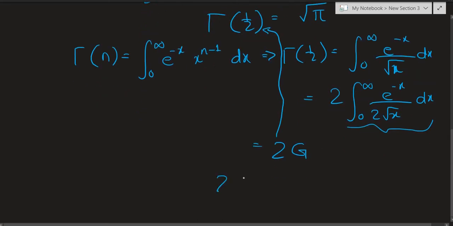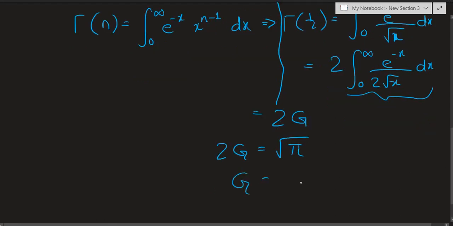we finally obtain that 2 times the Gaussian integral is nothing but square root of pi. In other words, g is nothing but square root of pi over 2, and that makes sense because the integral is from 0 to infinity of e raised to negative x squared dx, not from negative infinity to infinity. In that case, we would obtain a square root of pi term. So these are the 2 ways of finding the Gaussian integral using the beta function and the gamma function. I think this technique is probably the easiest, the fastest, and the most convenient